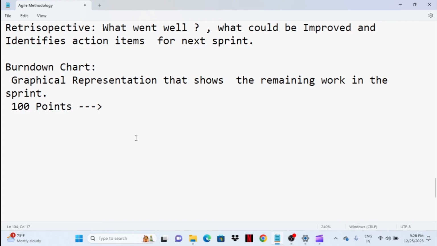So as tasks are completed, the chart burns down towards zero, ideally meeting the sprint goal by the end. So if the burn down chart is zero, the sprint is completed. These are some artifacts that help the Scrum team plan, track progress, and deliver value incrementally. In the Scrum process, teams efficiently organize their work, deliver incremental value, and